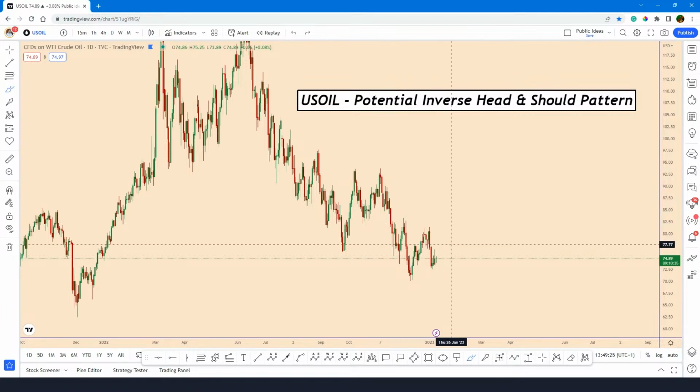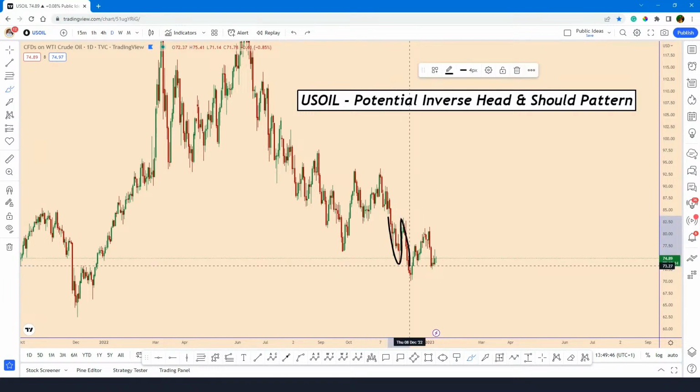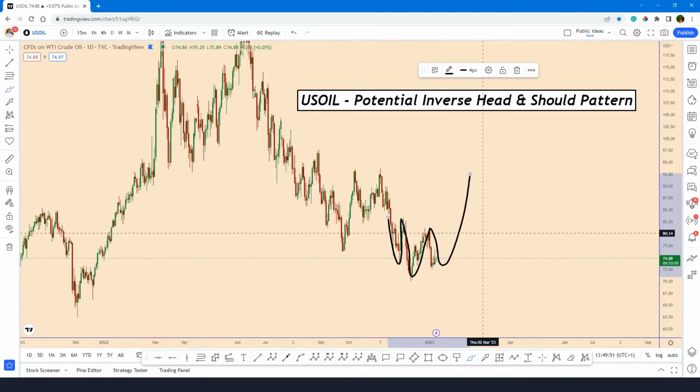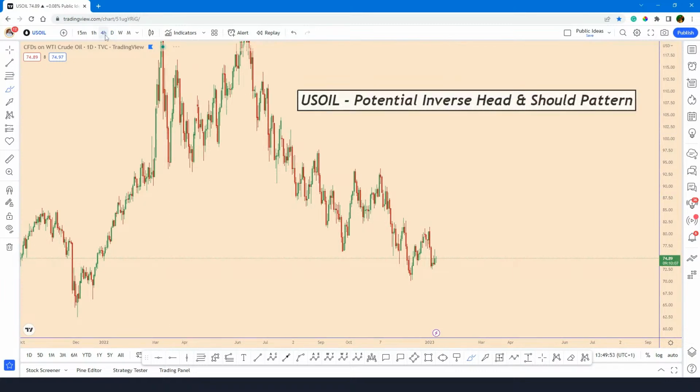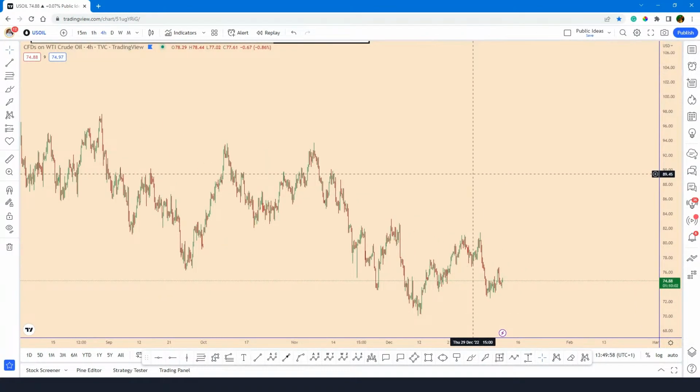On the other hand, we also have the US economy, and I don't think they want a weaker dollar during this moment. So the focus will mainly be on a weaker oil price. I'm looking at this potential inverse head and shoulder pattern, and this is the only one that can push the price up again. However, if I make this a little bit smaller, it is more visible this way,